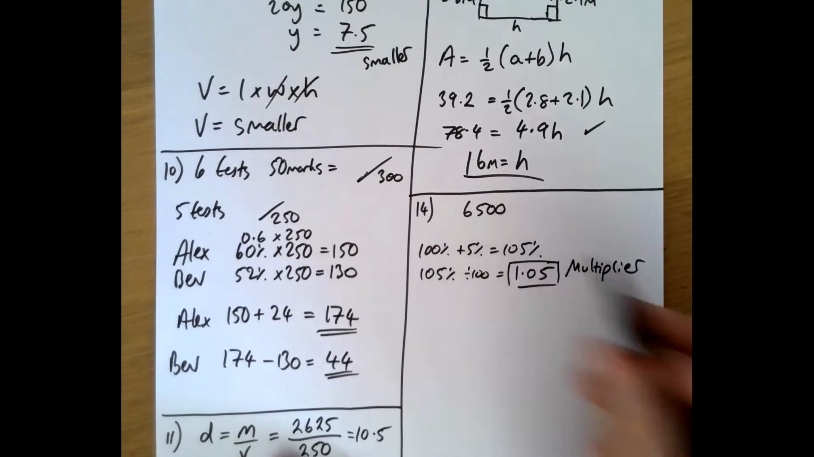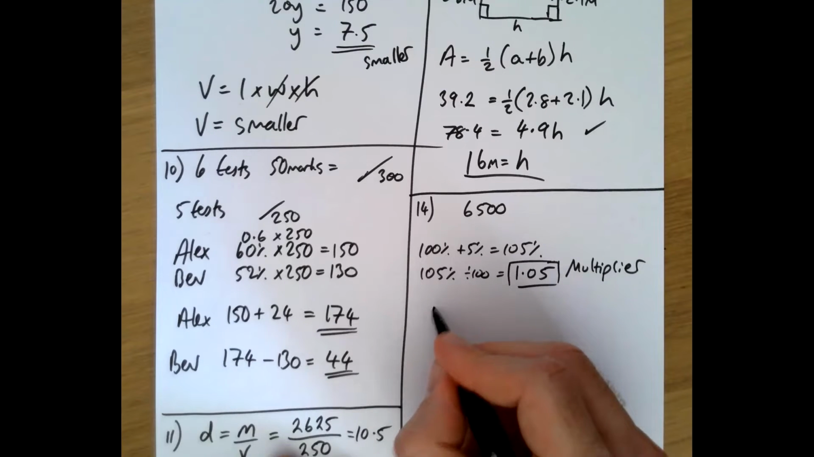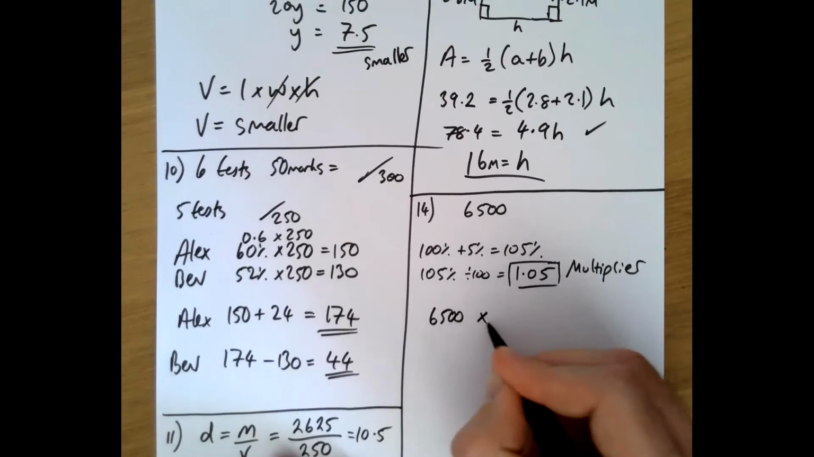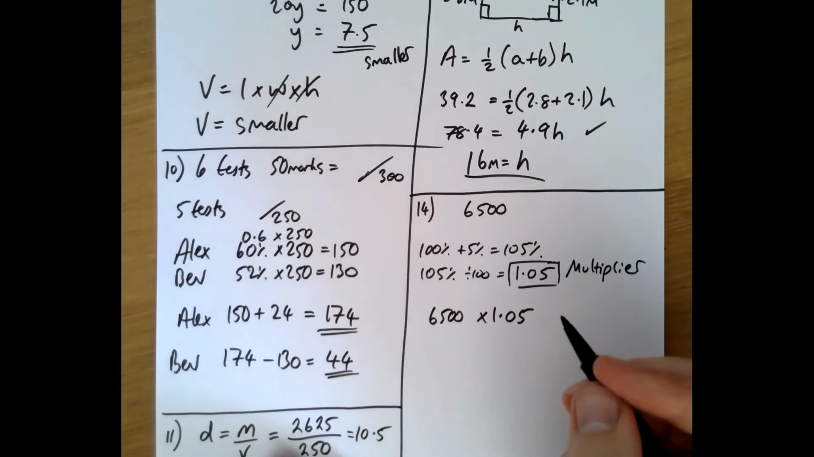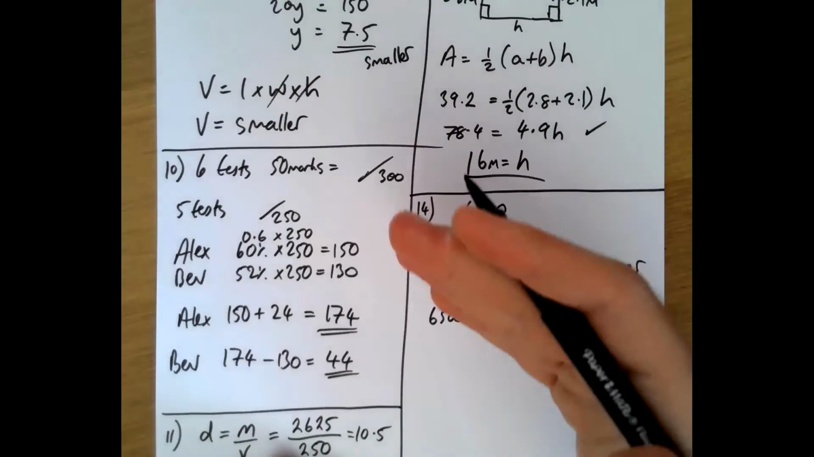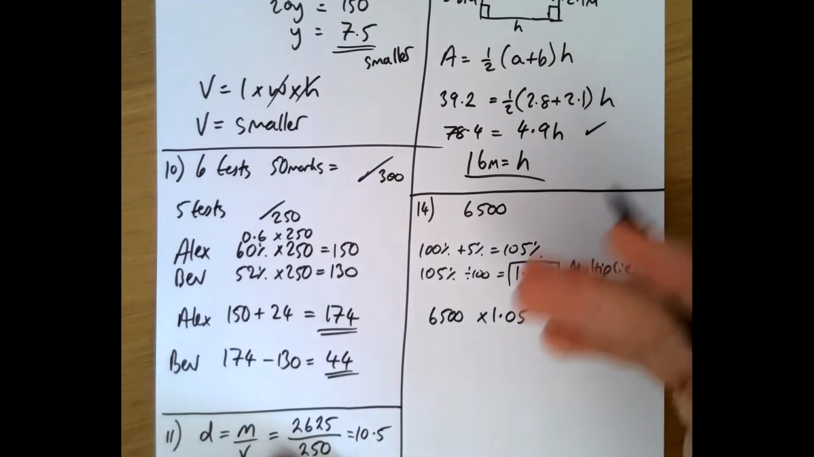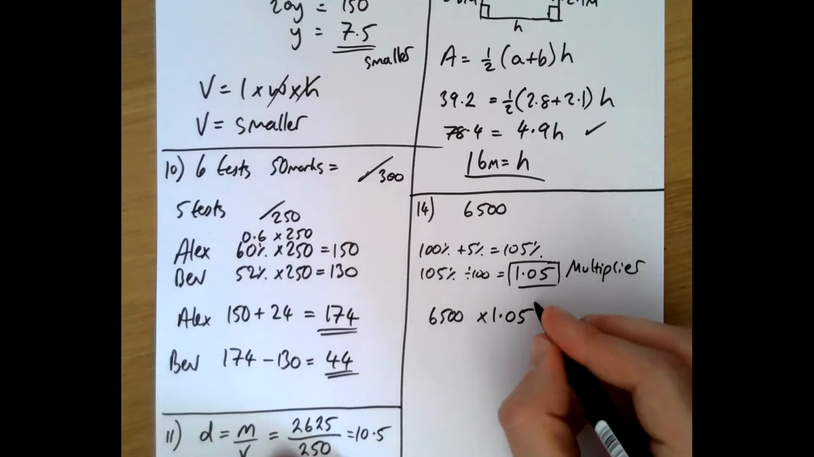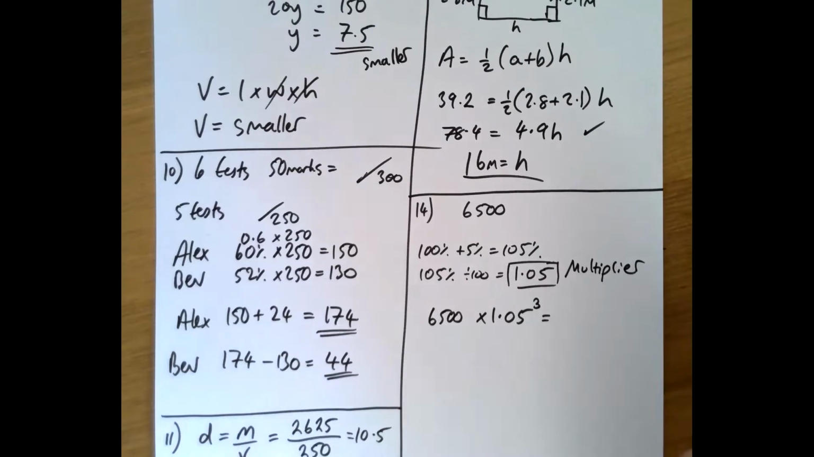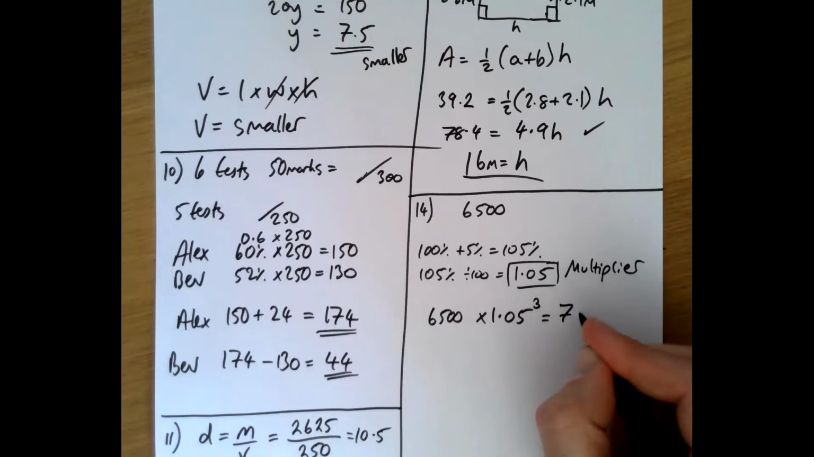simply because it's just what you multiply by to go up by 5%. So we've got 6,500. I'm timesing it by 1.05. That's going to be a 5% increase. But because it's a 5% increase year on year, I need to do it to the power of how many years I'm increasing it for. So in this case, it's going to be to the power of 3. Okay, so we've got to type in 6,500 times 1.05 to the power of 3. And we get